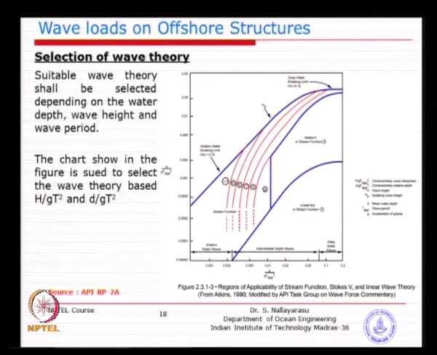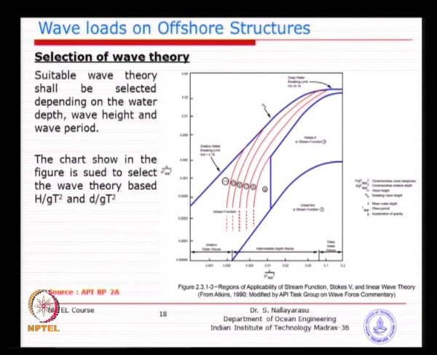Selection of wave theory: on this right side you have a chart made by a task force set up by API quite some time back, and it basically came from the Atkins report. Atkins is actually a laboratory in the US, they have a very good setup, and they have been doing hydrodynamic research for several decades. So, they came up with this chart originally, and then the API task committee tried to identify the best way of classifying wave theories for the purpose of computation of wave forces. So, this chart is adapted, but the API task group slightly modified the original Atkins chart.